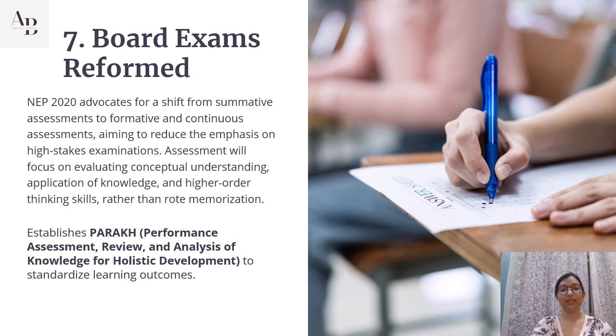There is also a provision of the Academic Bank of Credits, ABC, which is a digital credit for completed courses that can be transferred across institutions. For example, let's say a student has done one semester at Dibrugarh University, and then he decides to drop out and pursue something else in another university. That academic credit from his first semester will be stored digitally, and he can utilize that semester's credit towards his new course that he has enrolled in at another university.